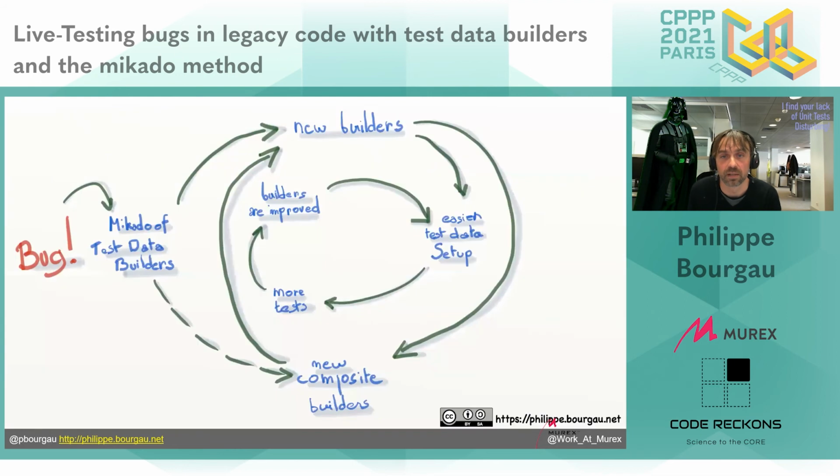thing of that. So if you look at that, you start by starting a Mikado of test data builders. So you start to write some new builders. And what will happen is that setting test data will be easier, which means that people will start to add tests, even maybe on the author class we had before, these small little classes that you're starting to add builders on. Which means that as people use the builders, they'll make them better. And you're starting a